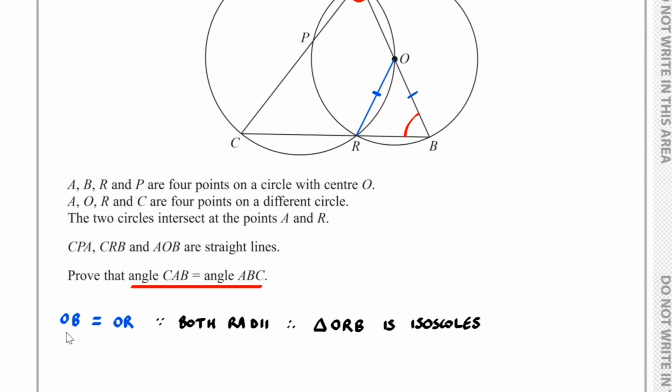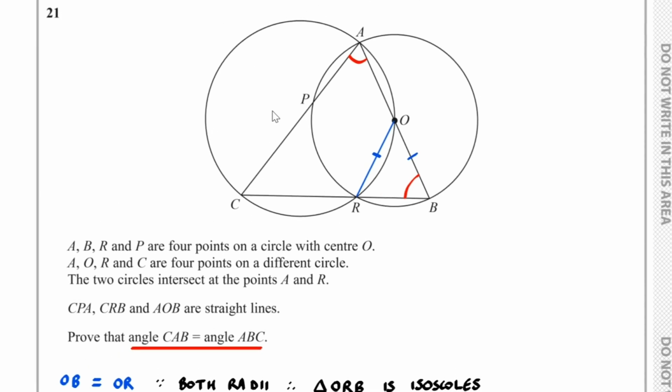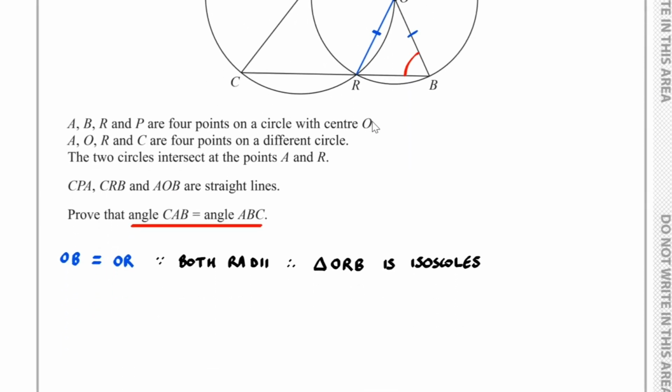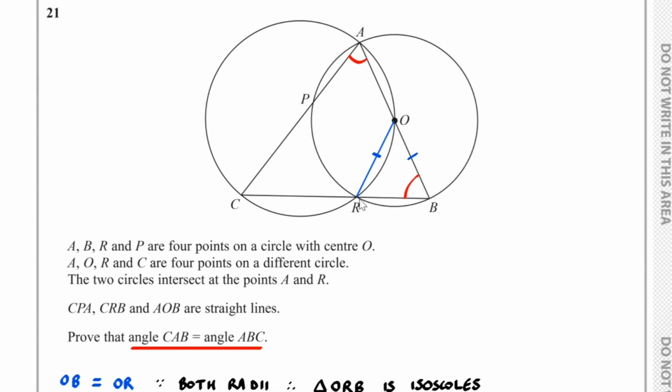And so because we've got these being radii and them being equal, we can conclude we've got an isosceles triangle. Now if we let the angle CAO equal x, then the angle CRO,